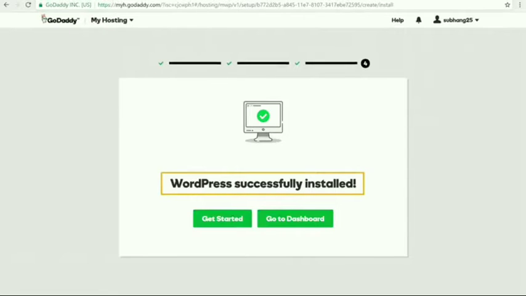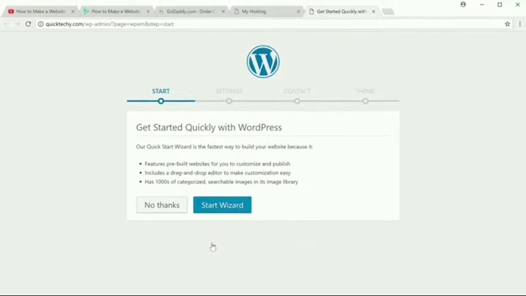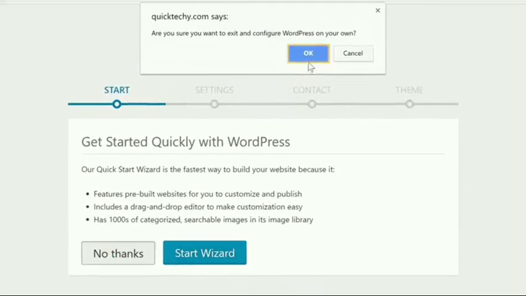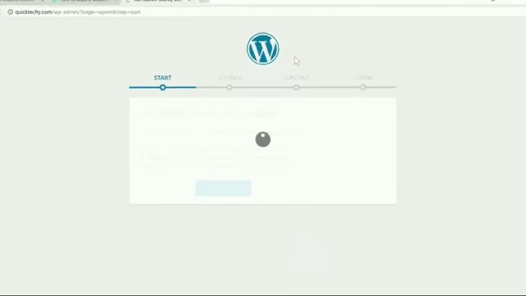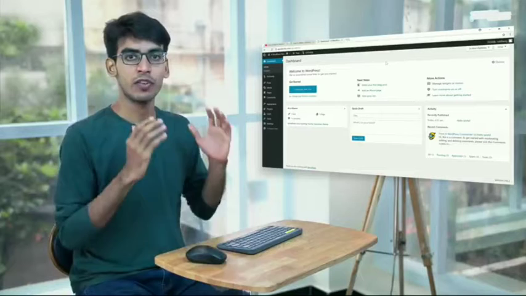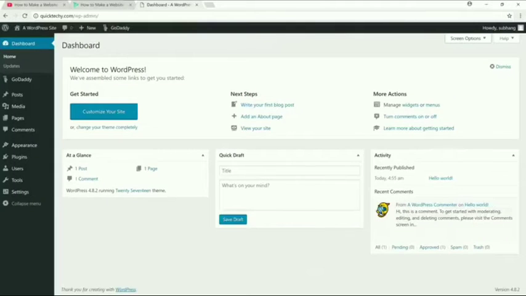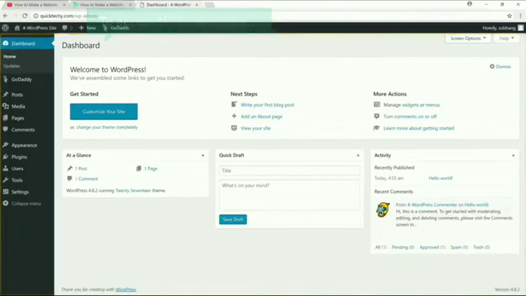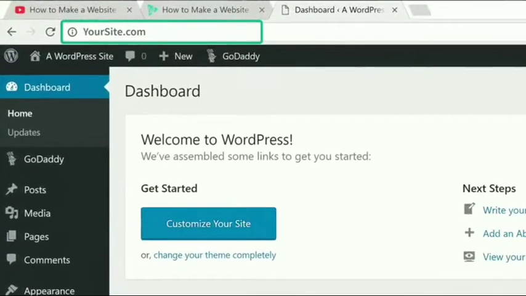Okay, so WordPress is installed. Now let's click get started. And then click no thanks and OK. Okay, so this is a WordPress dashboard. Now from here you'll be able to control your website. Now if you want to access this WordPress dashboard again, you can just simply go to your website address and type /login.